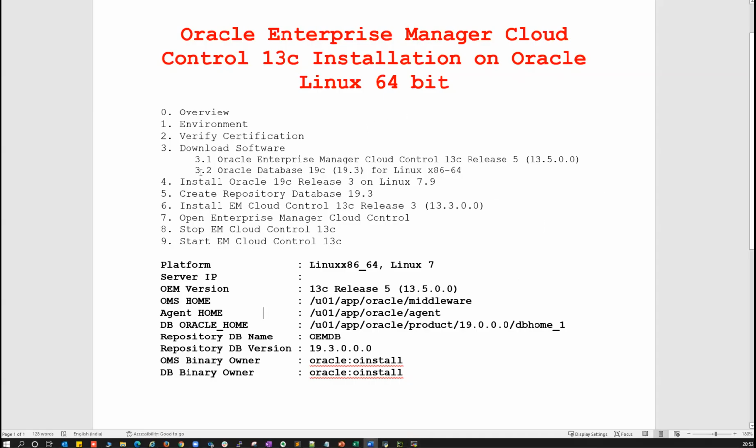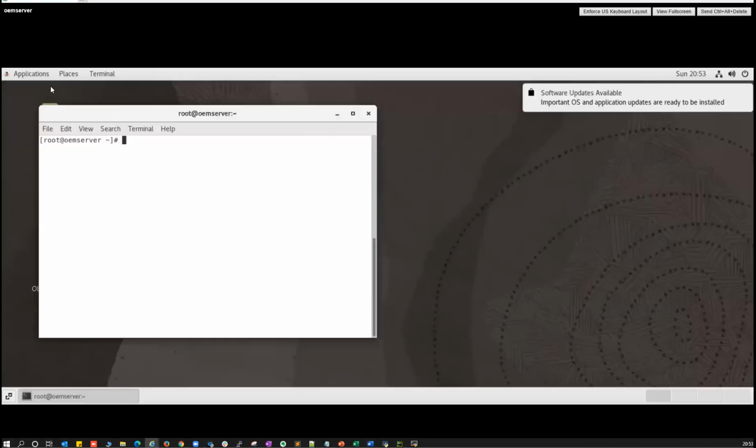this document here. I need to download this OEM server. I need to download this Oracle database software. These two software I need to download. I'll go to my GUI screen here. I'll connect to my